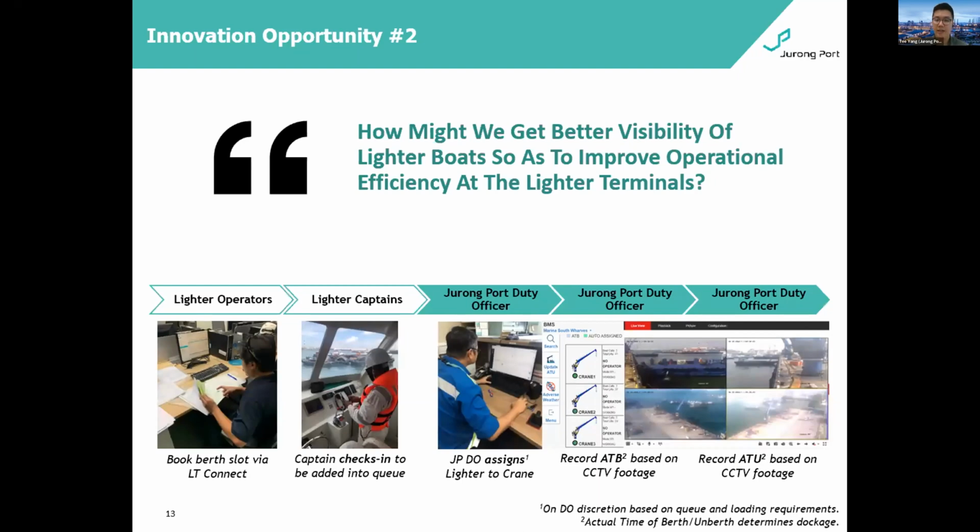Today, the process again flows in general. First, as the lighter operator, the person that owns the lighter boat, he will first book a berth via LT Connect. And as the boat captain travels towards the terminal, he will perform something we call check-in. Think of it as the concept of airport check-in, where he will notify that he's around the vicinity of the terminal. Once we get the information, a duty officer for Jurong Port will then assign the lighter boat to the